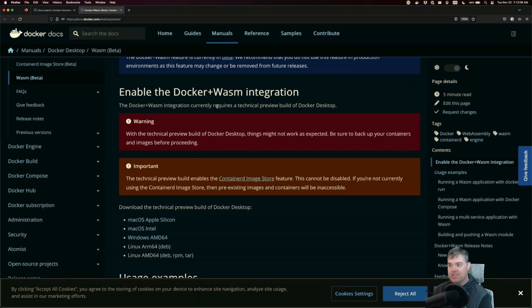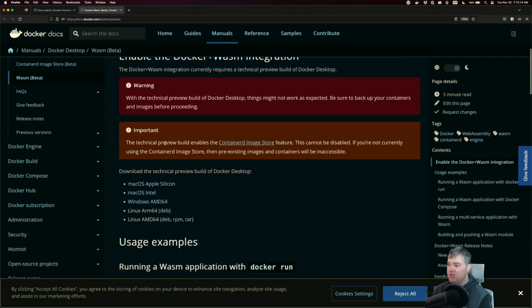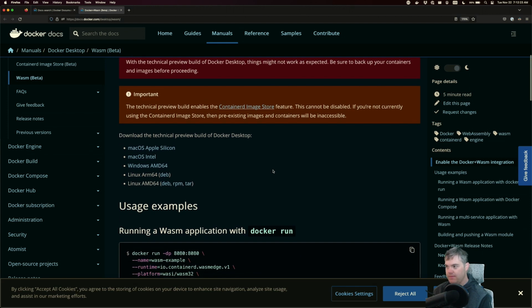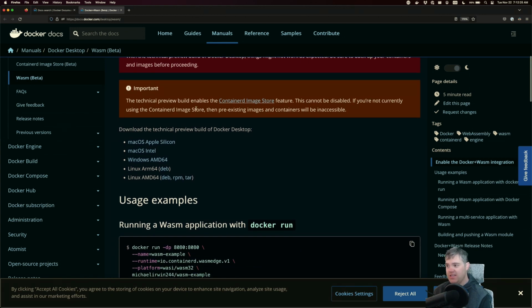Okay, it requires a technical preview build of Docker Desktop. The technical preview build enables the containerd image store feature. This cannot be disabled. If you're not currently using it, then pre-existing images and containers will be inaccessible. Okay, well, that's not fun.